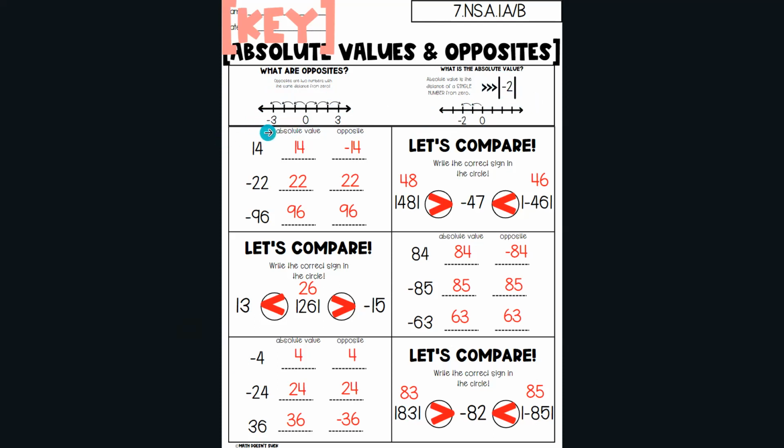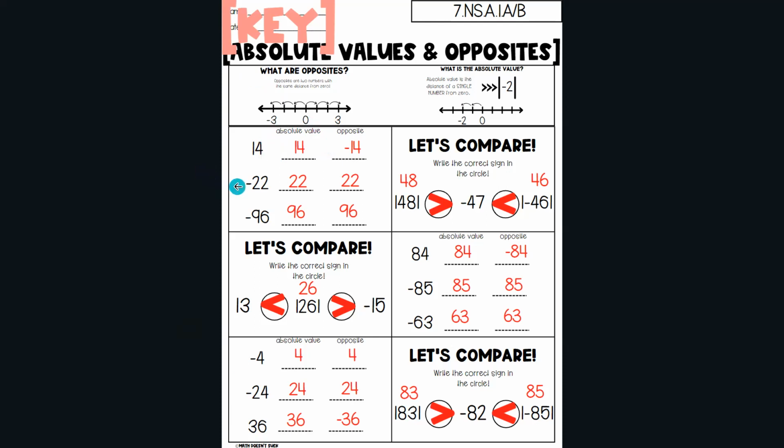So over here, we're doing the absolute value. Again, what is this number's distance from 0? The answer is never going to be negative. Opposite, what is the number on the opposite side of 0? The same distance. So 14 has an absolute value of 14. It is 14 spaces from 0. And because it is 14 spaces from 0, its opposite is negative 14, which would be 14 spaces to the